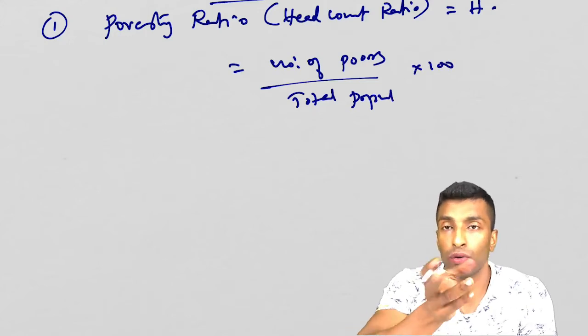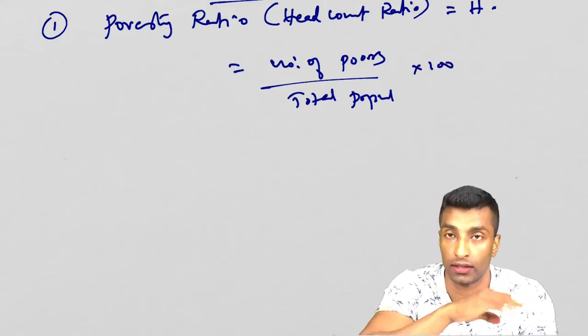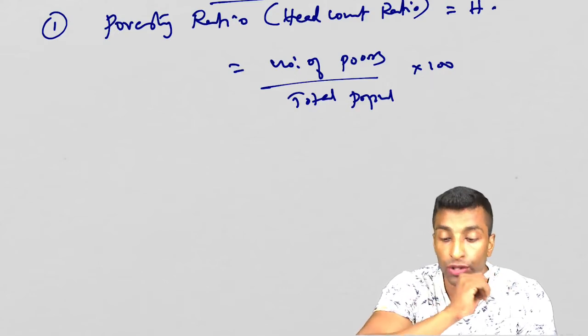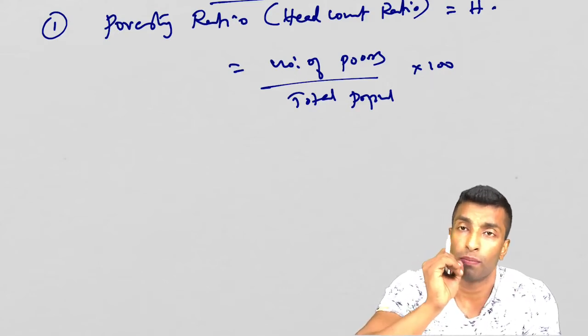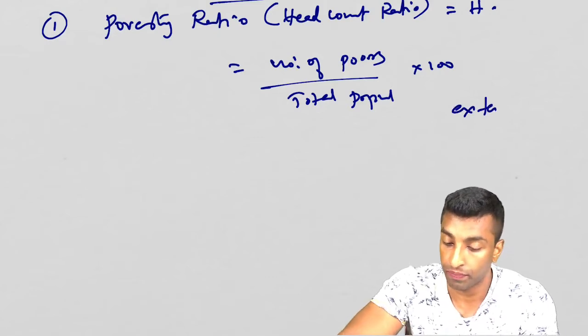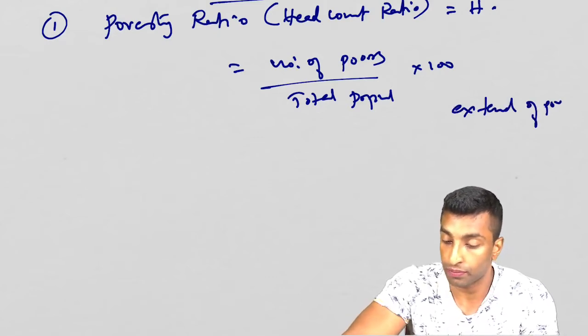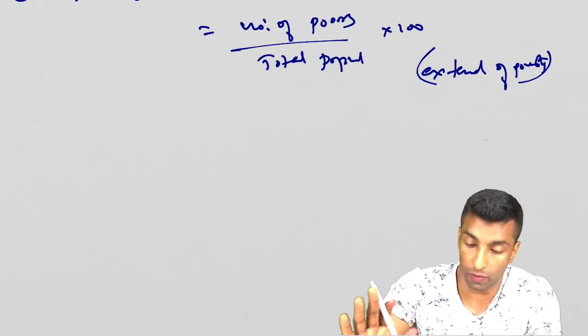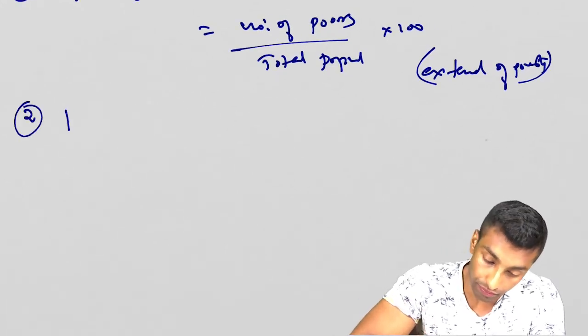So this is how I told you 22%, 33%, etc. Number of poor based on poverty line divided by total population into 100. So this shows how much poverty is there. Okay, the extent of poverty. So I would write here extent of poverty. This shows the extent of poverty. So poverty ratio, I hope you understood. Second one,